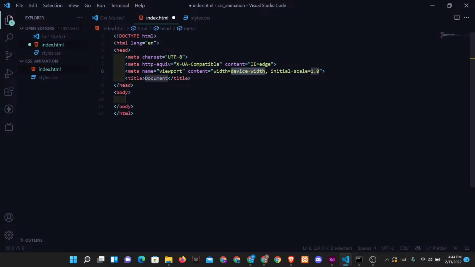So in index.html, let's create a template for our base tab, sliding tab. So for the title, I will give CSS animation, and in the body, I'll create a div with the class main container. This will be our main container. We will keep our tab. So another div. This will be our tab with a class tab container,